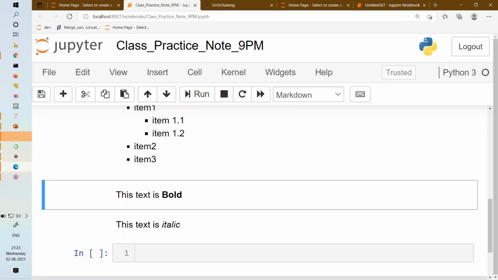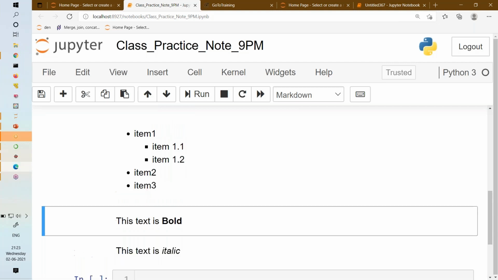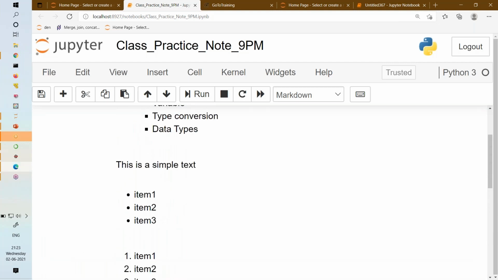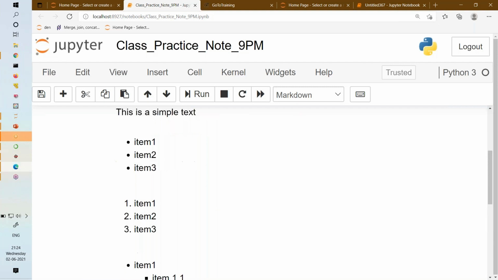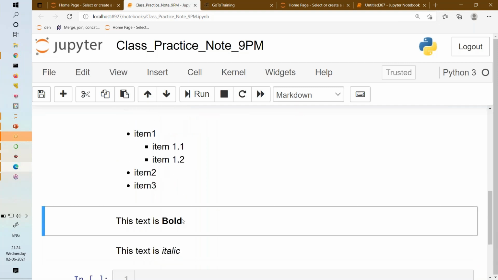Next thing that we will understand is called header, but I will stop here for some time. So far, is it clear, everyone? Simple text, bullet points, and your bold and italic. Only four things we have seen, right? Not many. Is it clear, everyone remembered? Okay. Now, there is nothing to understand, just to remember, no logic here. We just need to remember the syntax, how to write, right?